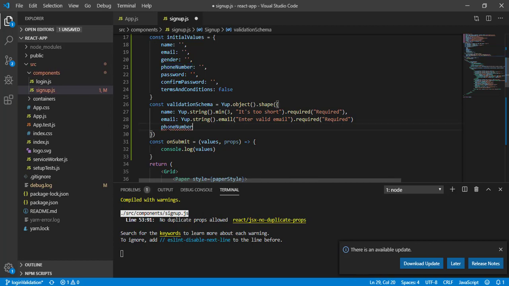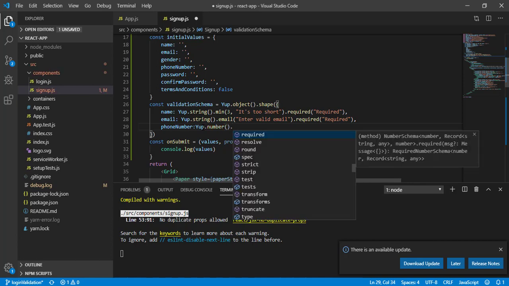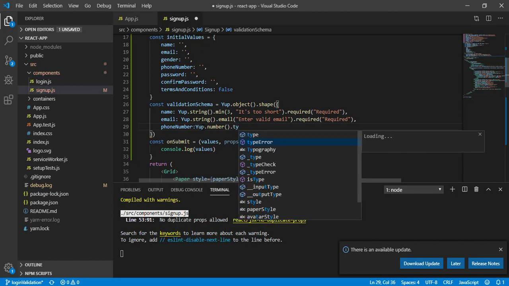Okay, so phone number. What I am trying to say here is that the phone number is going to be a number, so yup.number. Now if somebody tries to enter something like ABC there, that is going to give me a type error.